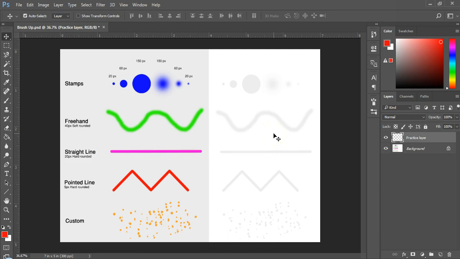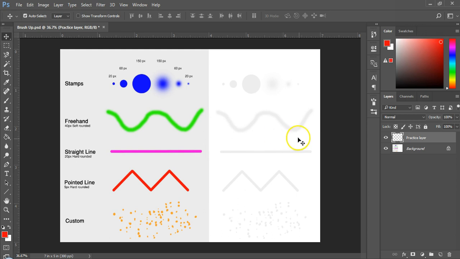In this video, we'll learn about the brush tool. In your work in Photoshop, you will find yourself using the brush tool in all sorts of scenarios like drawing, painting, erasing and making masks. Now let's begin and open the file I have provided you in the description to follow along with the video.